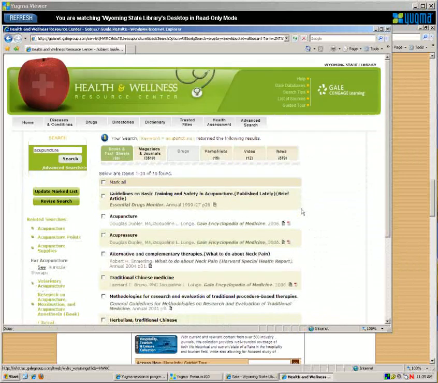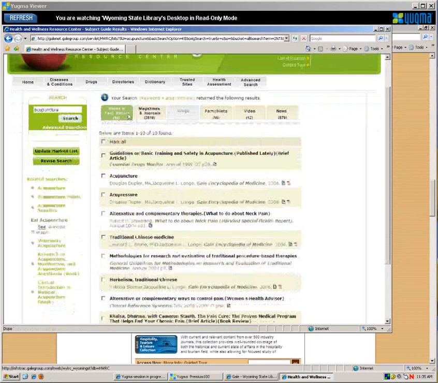just to see how this one differs from the other ones we've looked at. We still get our tabs across the top here, but because it's a Health and Wellness Resource Center geared toward the general public, in addition to the magazines and journals, we're also getting books and fact sheets. So quick information for the general public, including pamphlets, videos, and news items. Our tab is highlighted on the green books and fact sheets, so that's what's coming up first